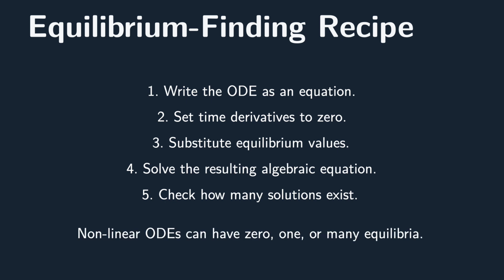As we saw, a nonlinear ODE might have no equilibrium, one equilibrium, several equilibria, or a repeating family of equilibria. This matters because linearization is local. Before we linearize a nonlinear ODE, we need to know which equilibrium point or equilibrium pair we are linearizing around.